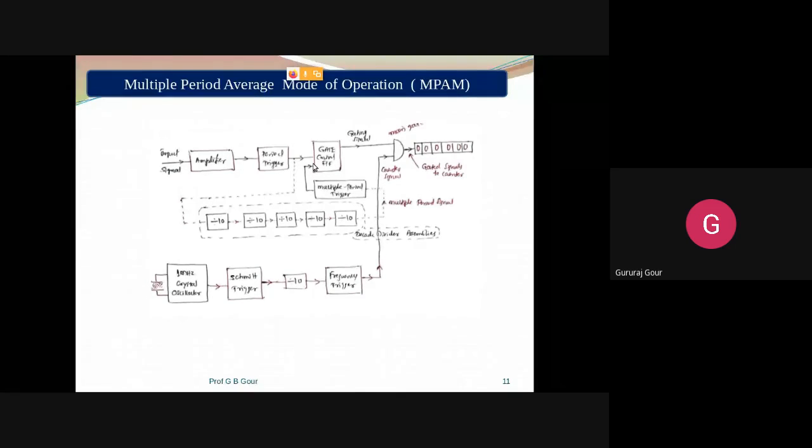Understanding this? With this delay, all those pulses we left out in the previous system can be recovered. Those pulses also get some more time so that they can be sent to the decimal counter and counted. And now our counter will show exactly 60, not 59.997. This is known as multiple period because it is traveling through multiple periods. It is the multiple period average mode operation, or technique.